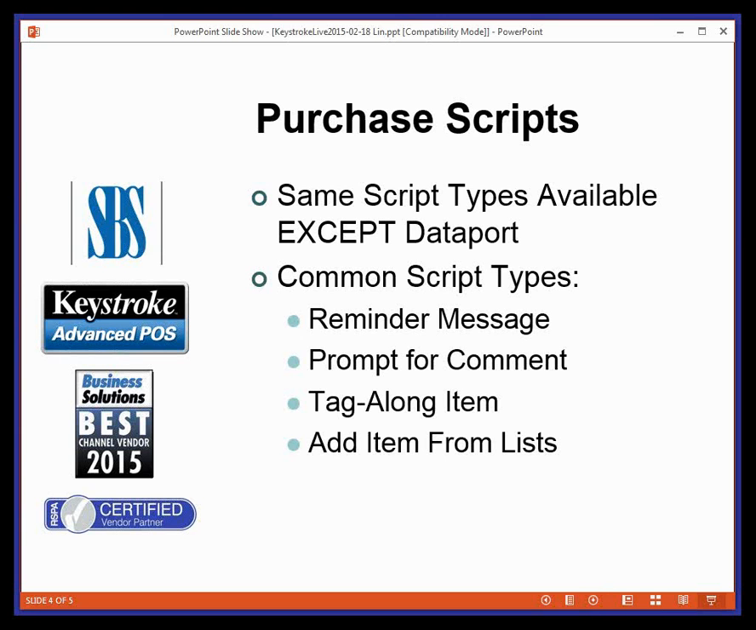Currently, all the same script types that are available in sales are available in purchases except for Dataport. Dataport does show on the list, but it is not available, although I know it has been requested, so there's a possibility that Dataport may be added as well. Some of the common script types are a reminder message, prompt for comment, adding a tag-along item, or adding items from a list. So let's take a look at Keystroke,